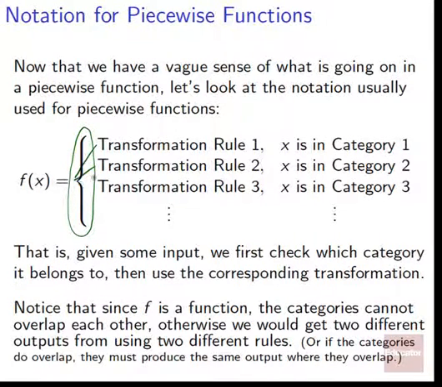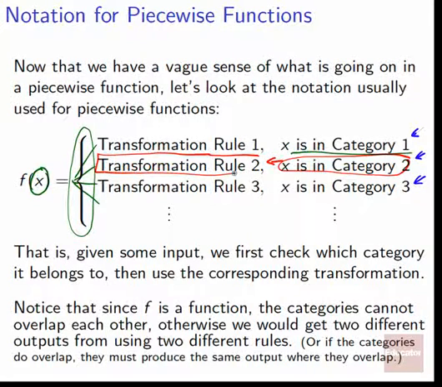There's different possible paths that we can take. So transformation rule 1 is our normal rule, like x squared plus 7, and then it says x is in category 1. So what that means is we look at our input, and then we look at the various categories we have, right? Is x wood? Is x metal? Is the potato big? Is the potato small? So we look for which category it belongs to. Once we've found, oh, hey, it belongs to category 2, then we go ahead and we use transformation rule 2